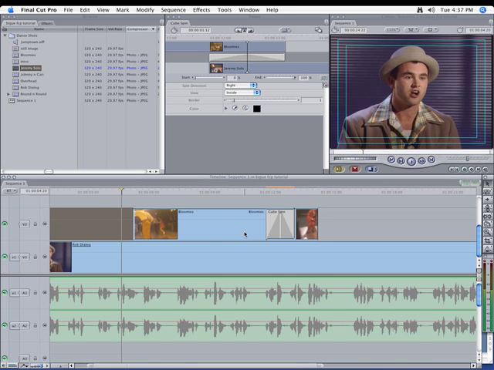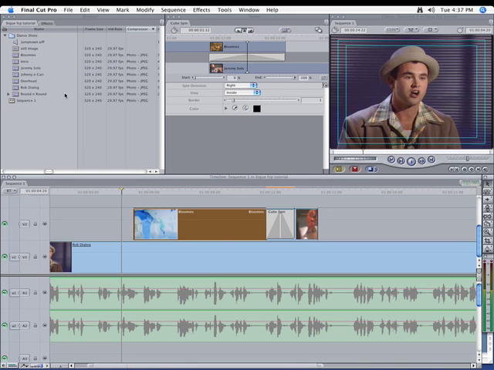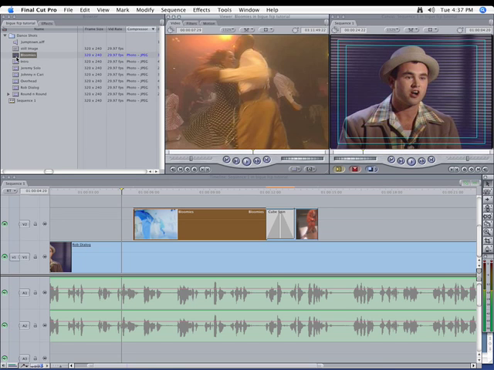Okay, now we're going to apply a filter to an individual clip. And before I apply a filter to a clip, I need to explain something here about the difference between working from the browser or working from the timeline, okay? Now, when I work on a clip in the browser, let's say I double-click this clip, Bloomies, and I go